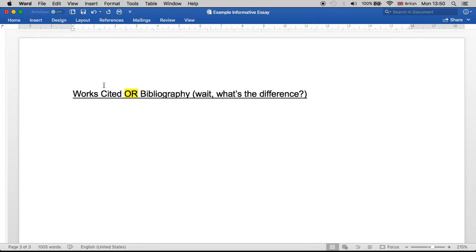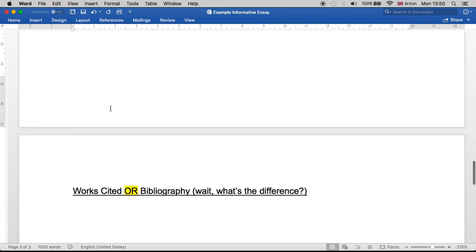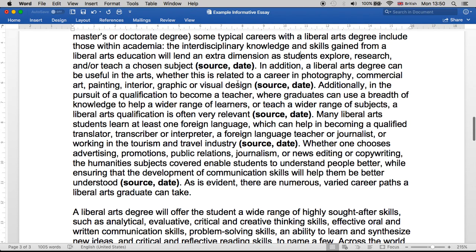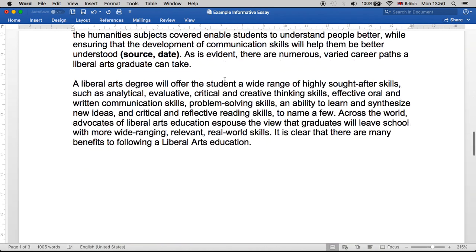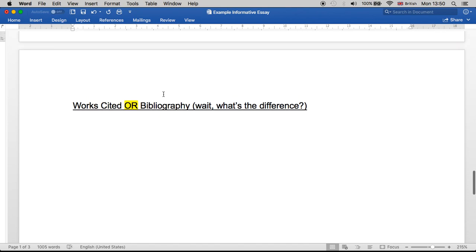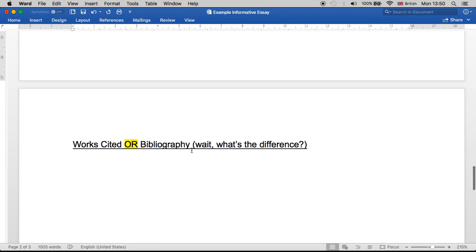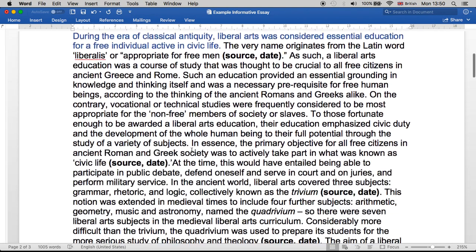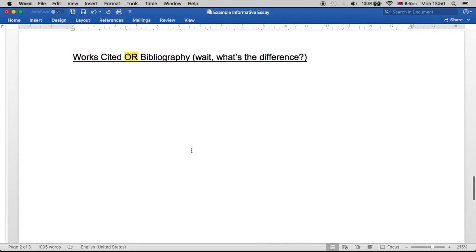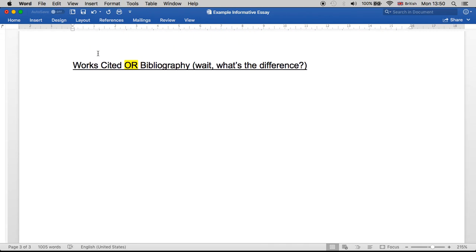Well, a works cited list lists only the sources that were cited in the actual essay. A bibliography, on the other hand, might include other source material, other stuff that you read in order to be informed on the topic, but you didn't actually cite it in the essay. So depending on how much research you've done, you would be including a works cited list or a